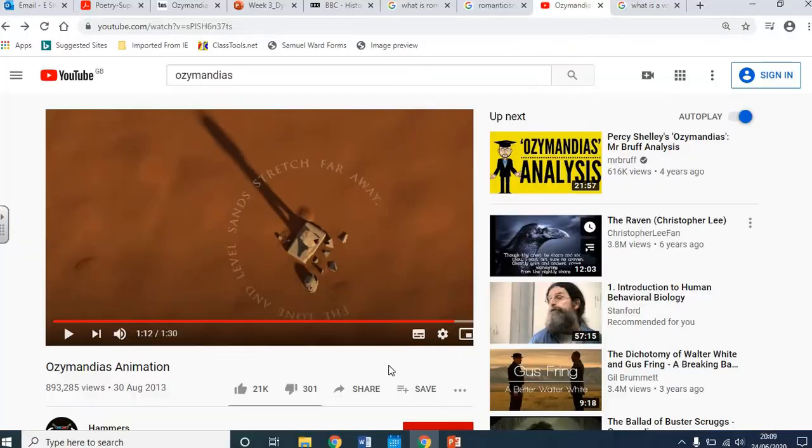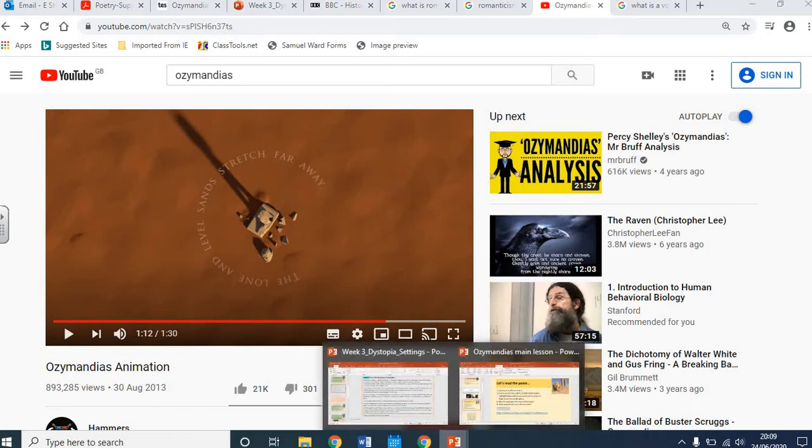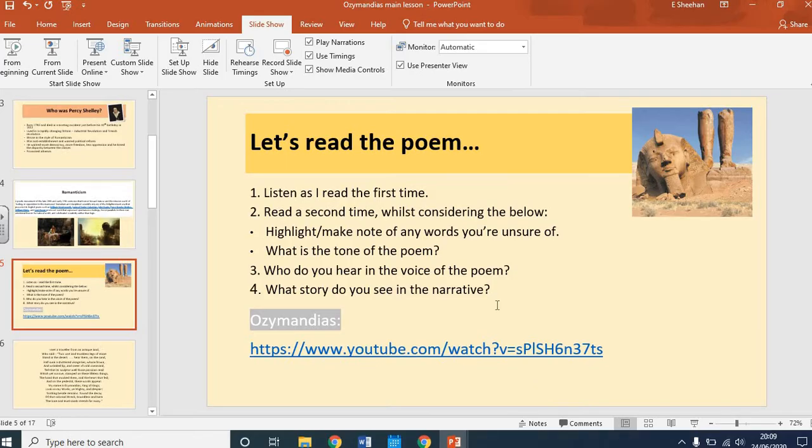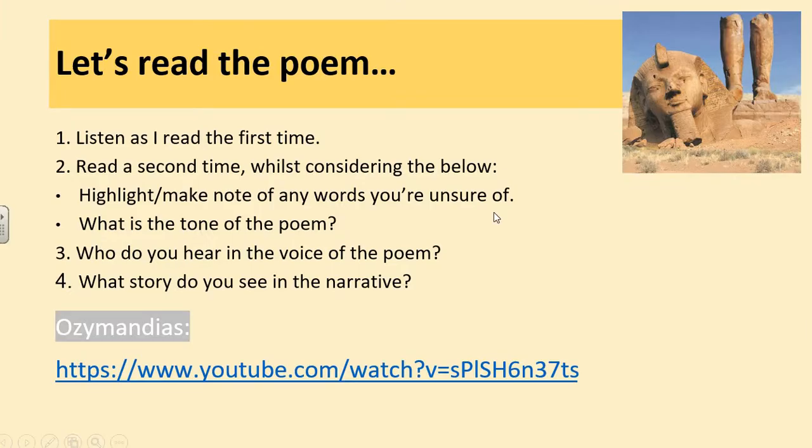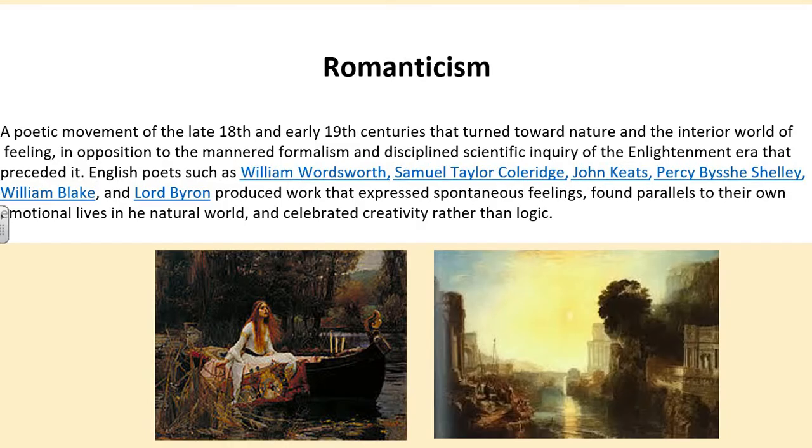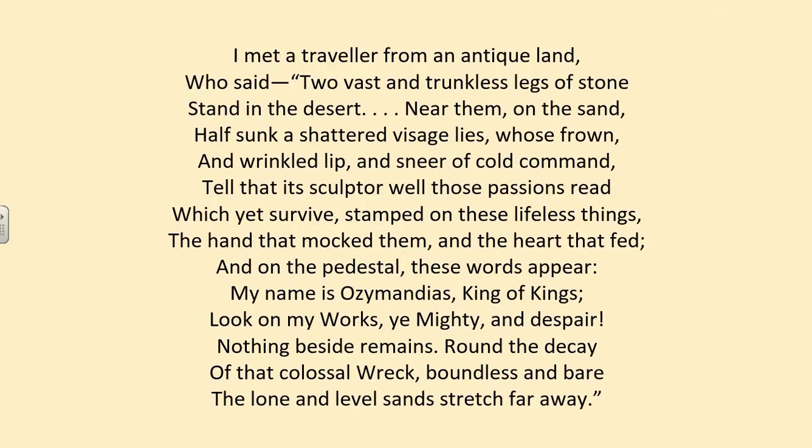So quite dramatic, that reading. But I think it's quite nice to have the images at the same time as we have the poem read to us. So as I said, I'd like you to make sure that you've now read that yourself. I read it, I want you to watch that animation and now read it through yourself. So if you need to go back, pause and have a read through this.